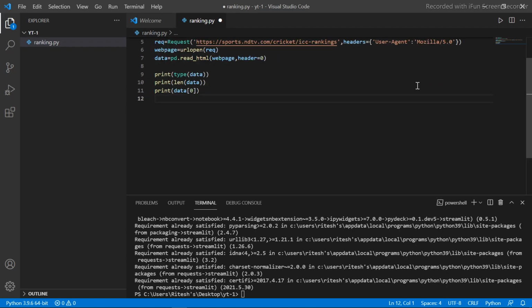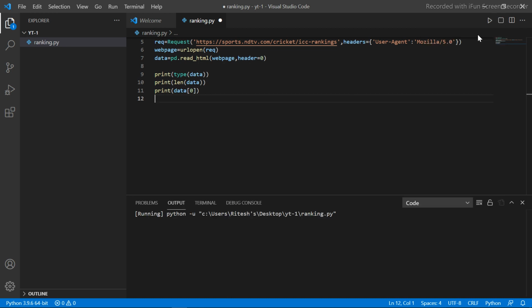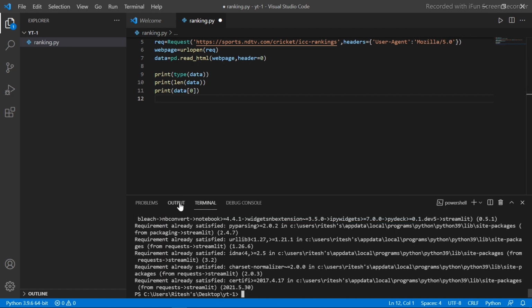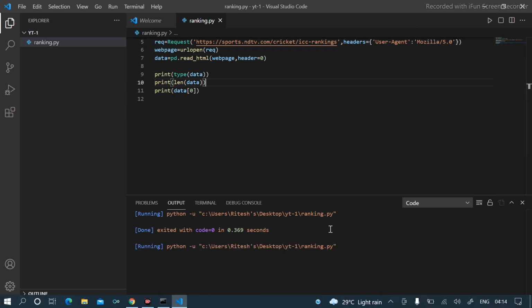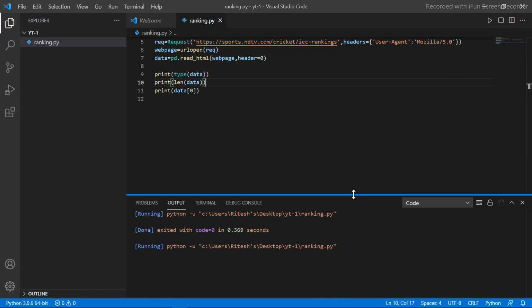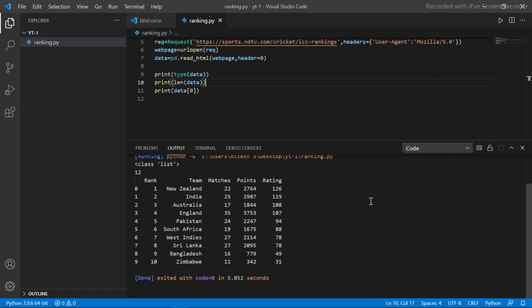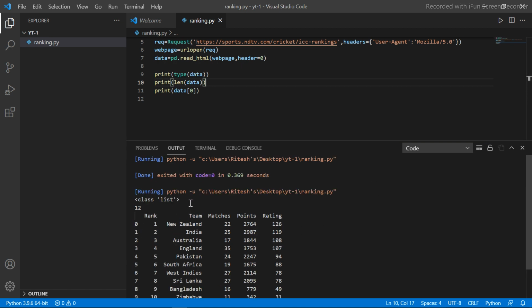Now I'm going to run the code. Firstly we have to save this. We can see that it is of type list. It has a length of 12.